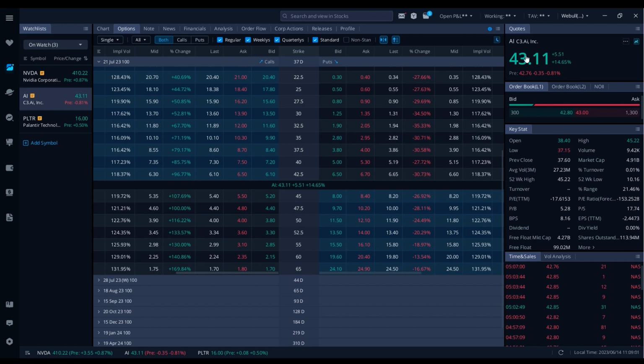I have 200 shares. I'm going to sell two contracts. It means you're going to be immediately receiving $1,040. So market opens, you're going to sell two contracts for $5.20 per contract. So 200 shares, that's $1,040 you receive immediately. Now, if the stock does not exceed that price at the 21st of July, it means